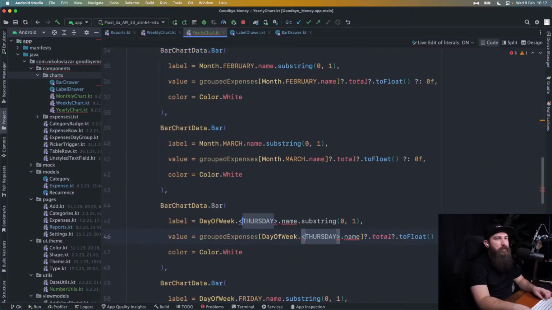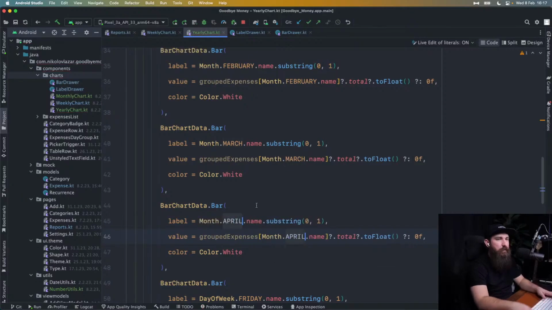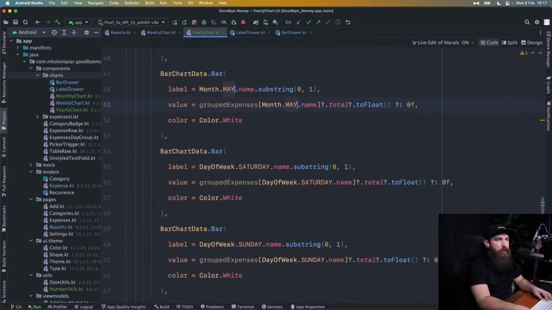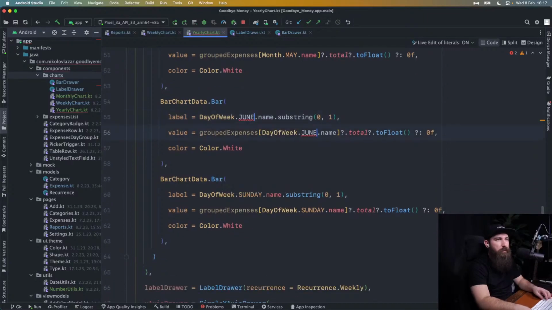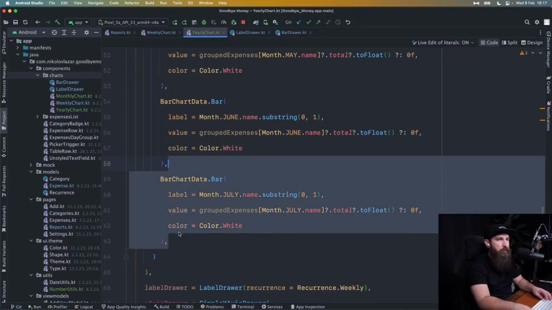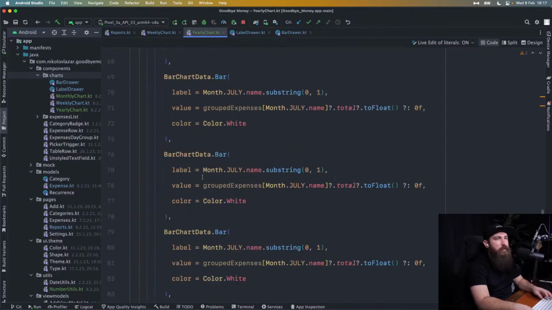Day of week, not the day of week, actually. Not sure what happened there. Oh, I didn't paste, of course. There we go. April, May, June. Damn it. Paste and then June. Paste. July. All right, July, August, September, October, November, December,